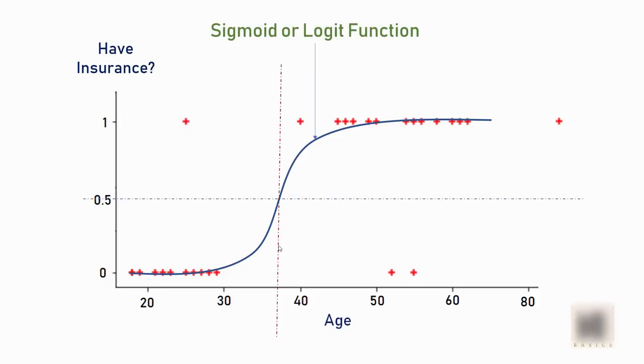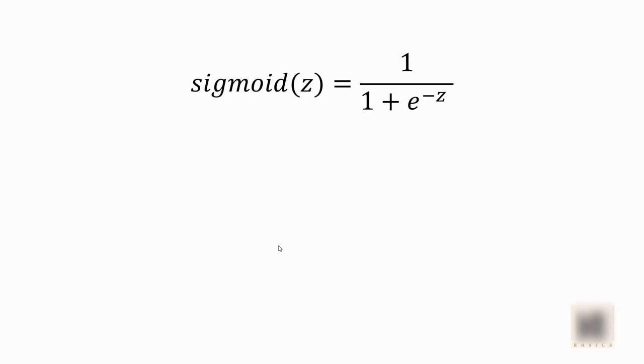Now, the moment you hear this term sigmoid, you might pause this video and start googling about sigmoid, and that is fine. You can read all the articles about the sigmoid or logit function to get your understanding of the mathematics behind it correct. But if you don't want to do it, I will give you a basic idea. The sigmoid function's equation is 1 divided by 1 plus e raised to minus z, where e is a mathematical constant called Euler's number.